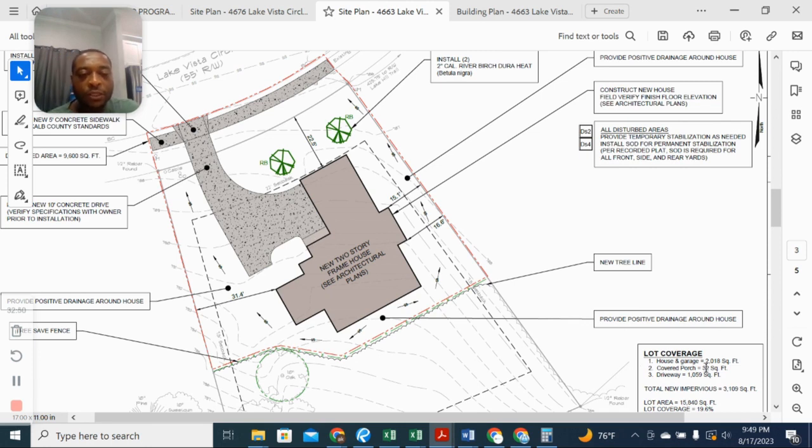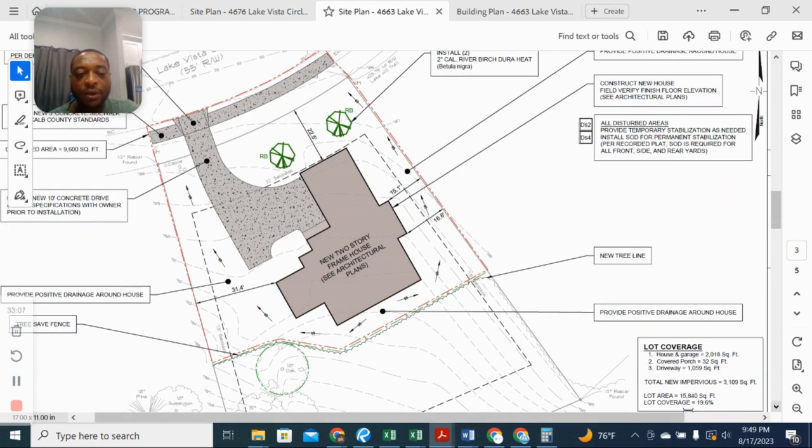So it takes all that into account, and the county wants to know your new impervious area. When you add it all up, you're going to have 3,109 square feet. Based on your total lot area, you're only covering 19.6%